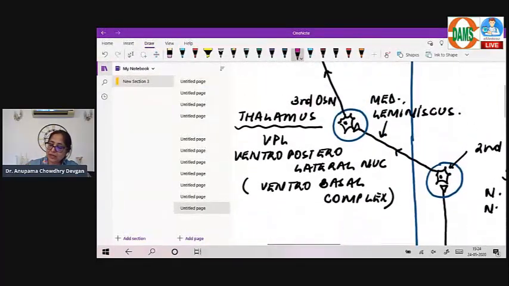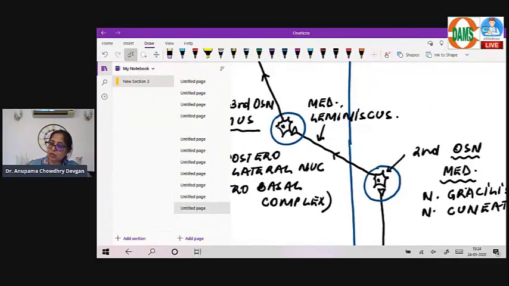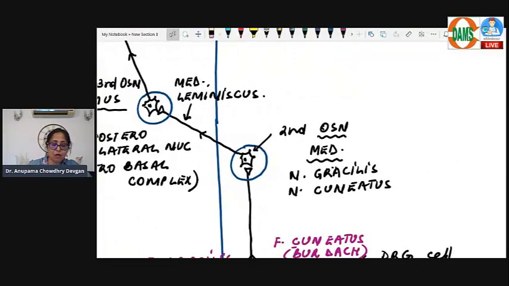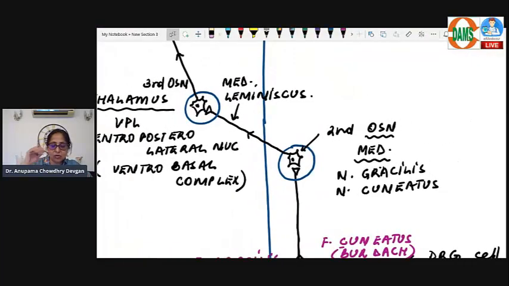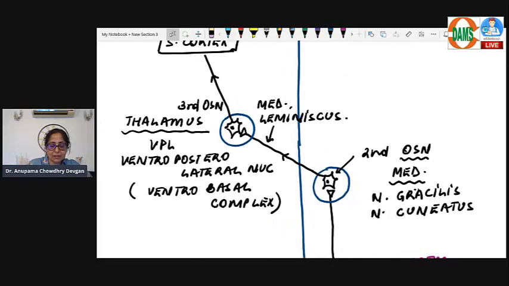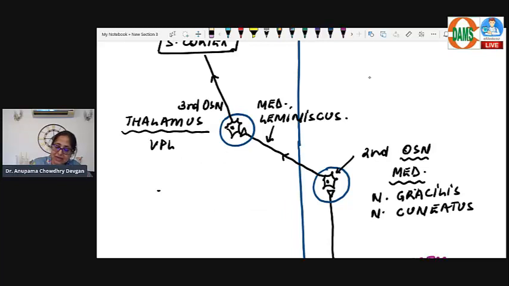Like I told you, once the fibers cross over to the opposite side, they form the medial lemniscus. Burdach is cuneatus, right? Once they cross over to the opposite side, they form the medial lemniscus. Now, the arrangement of fibers in the medial lemniscus